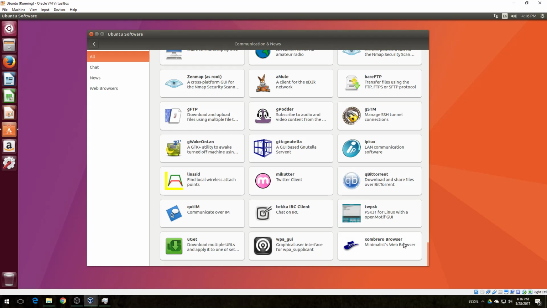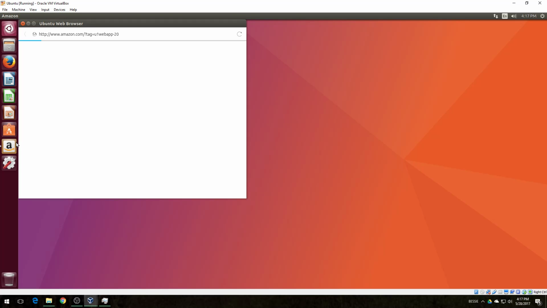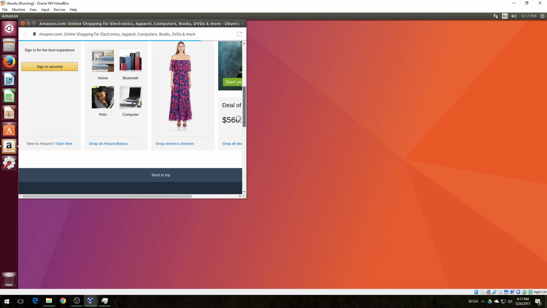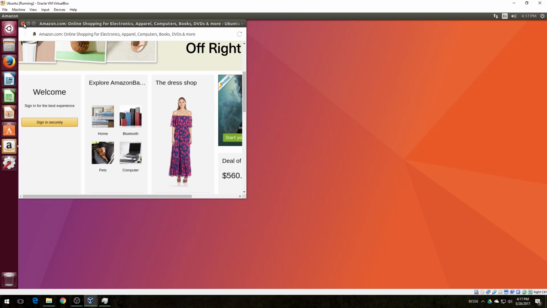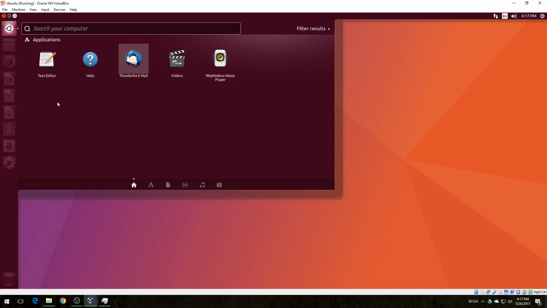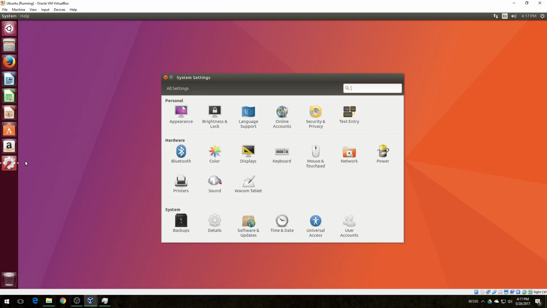Interesting. Sombrero browser. Never heard of that one. This is a bit of a controversial icon. This is for Amazon integration, and I guess it pops up here in its own little browser. I think that if you search in here, there are certain scenarios where you could search for things, and it doesn't look like it. I know originally you would get Amazon search results as well, but maybe you have to turn that on, or I'm not sure. Here's your system settings.